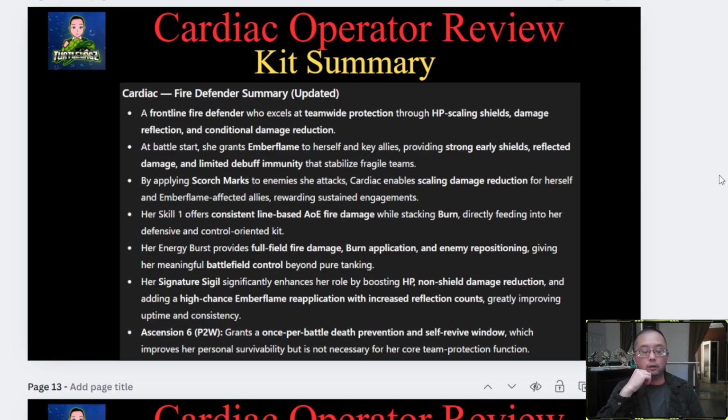I feel like Cardiac at A0 is, she's an okay defender, but I don't think she is worth your summon tickets. If you already have Antelope built, maybe Dawn built already, you picked up a Flicker, maybe you picked up 1 or 2 more defenders along the way, and especially if you already have Quasar, I'm not really sure if you need Cardiac. Now granted, it doesn't hurt to have a frontline defender and a backline defender, with Quasar and Cardiac,